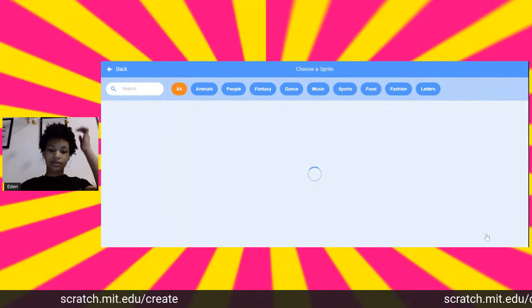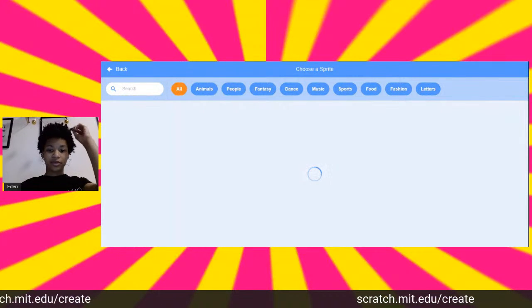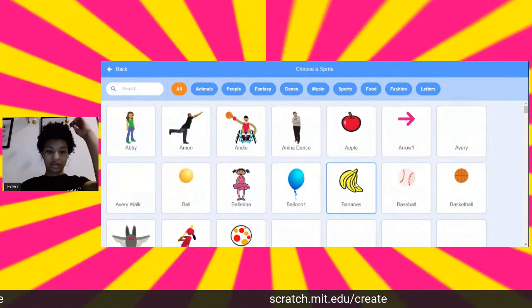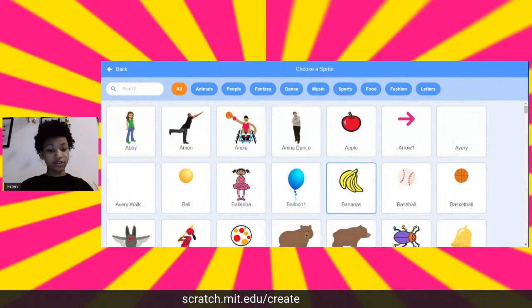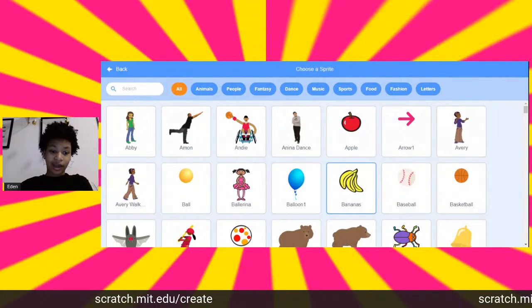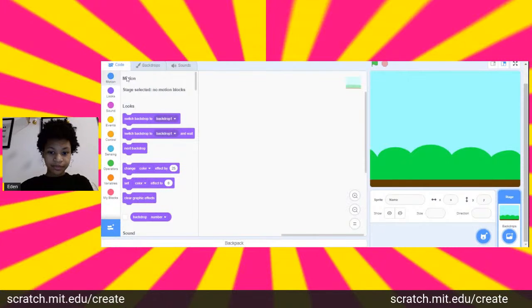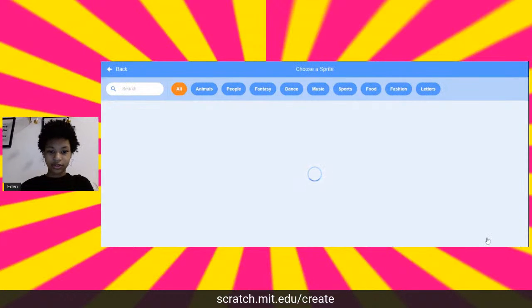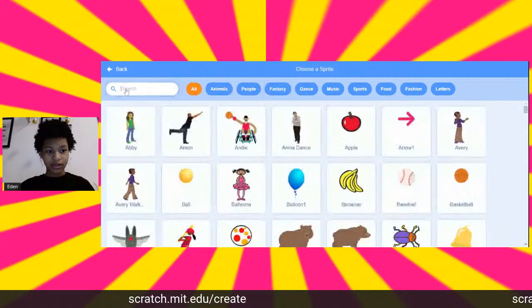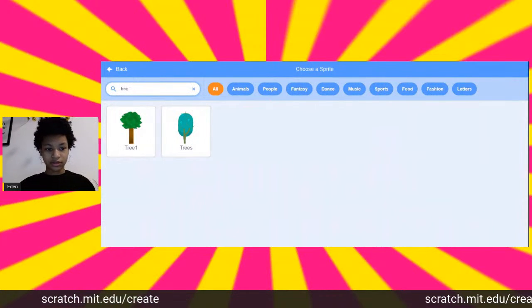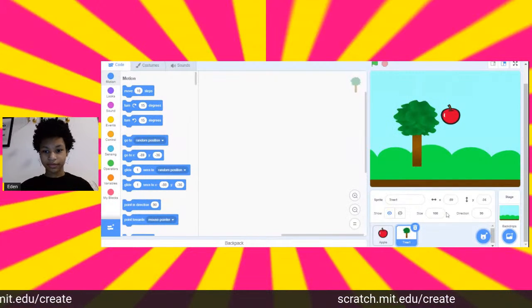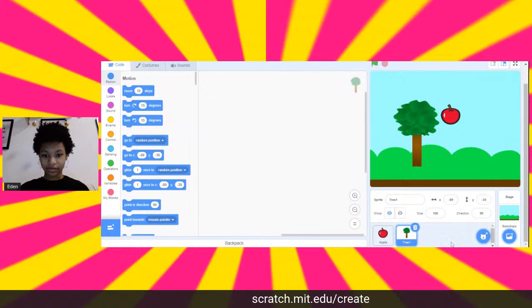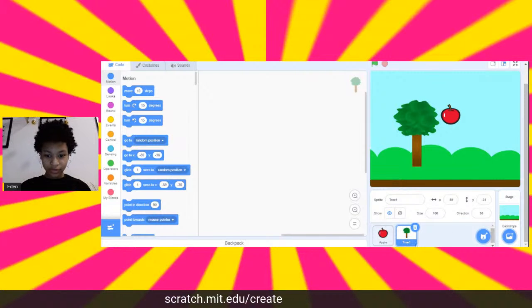Scratch has this really cool library where you can get all these things without drawing them, because I am not exactly a digital artist, so I have a hard time drawing things, so I will just get something out of the library usually. So we have an apple, and then I'm going to search and see if they have a tree. They do! Yay! Here we go. Alright, so this tree,